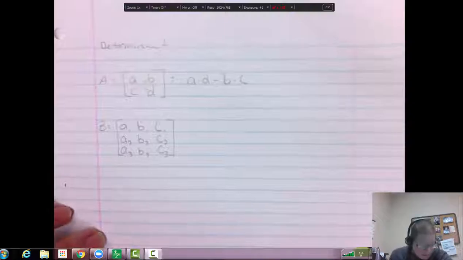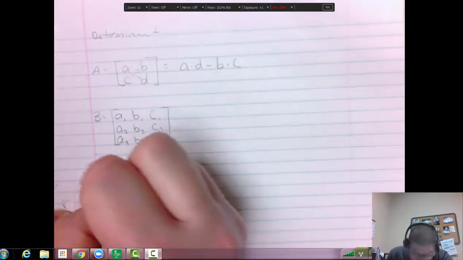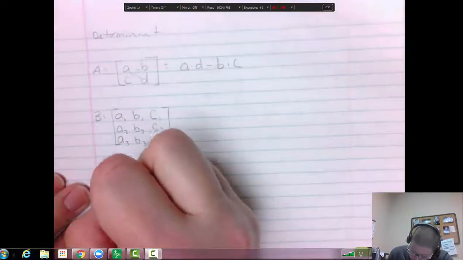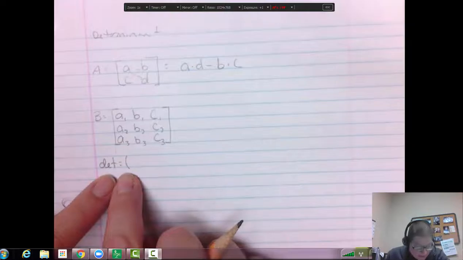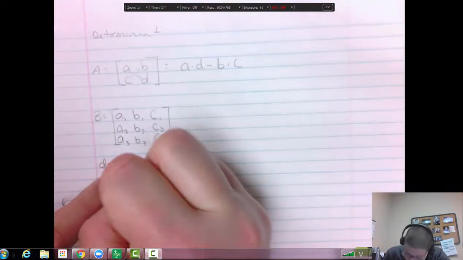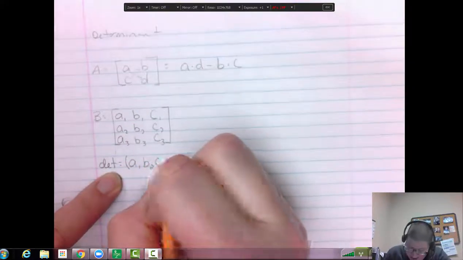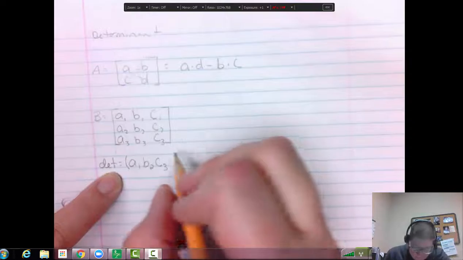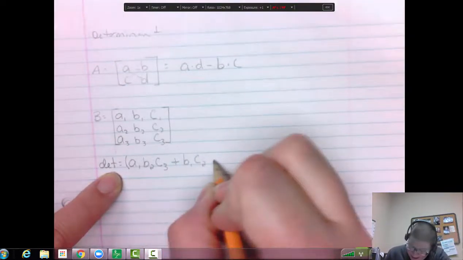So the determinant for this one, and I'll call it DET, is going to equal, and you're going to have a first part and then subtract a second. So I'm going to use a parenthesis, and what we're going to do is A1 times B2 times C3, right down the center here,